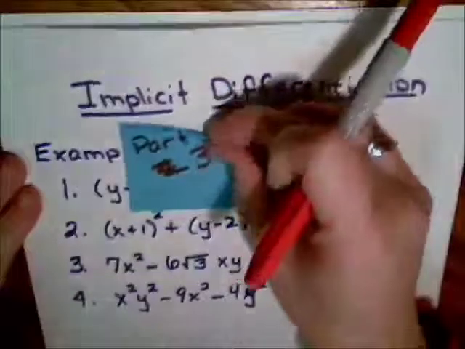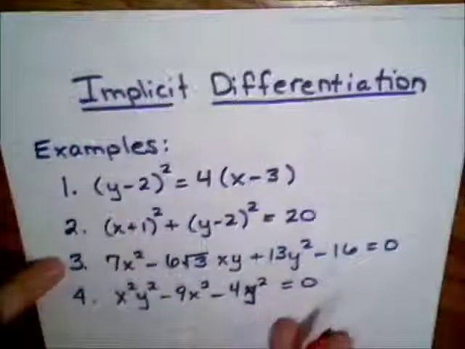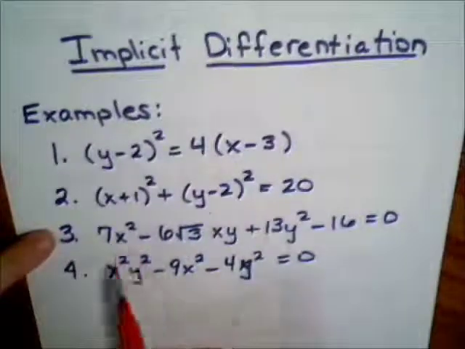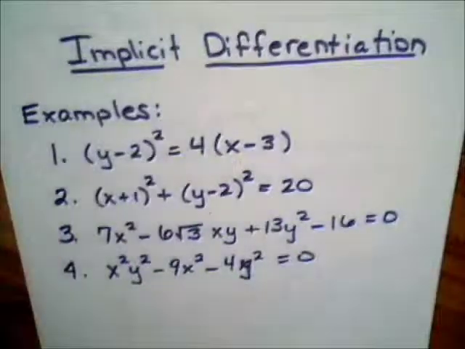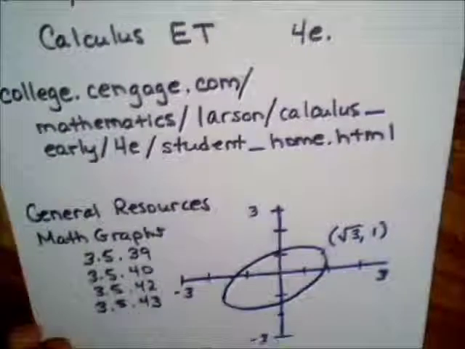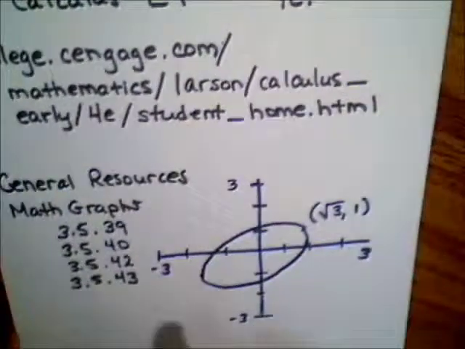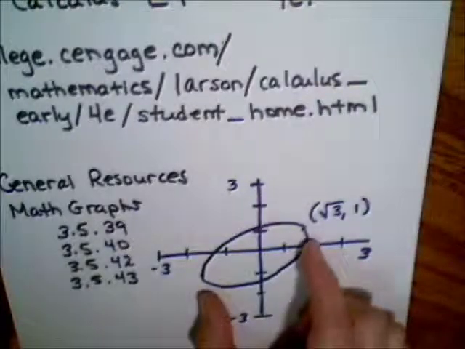We've been looking through these 4 examples. We're on number 3 right now. The graph of this implicit function is actually the graph of an ellipse that has been rotated. I've got the graph here, kind of a rough graph. So it's not our usual ellipse that we think of,